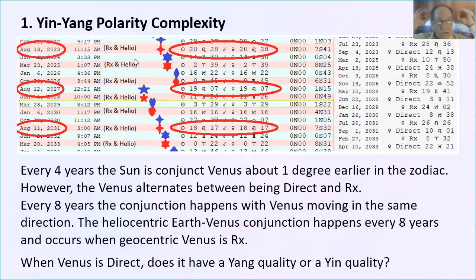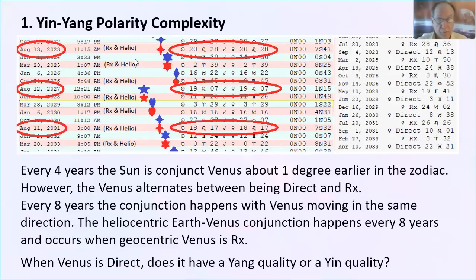And we can think of the direct and relatively fast direct motion of Venus as being simple, pushing energy out, direct, uncomplicated, like a simple moving out into the world. When a planet is retrograde, it's going back into itself, more internalized, reviewing, more thoughtful, less expressive, more drawing in. So retrograde we can naturally think of, we could call it yin in a common sense way.